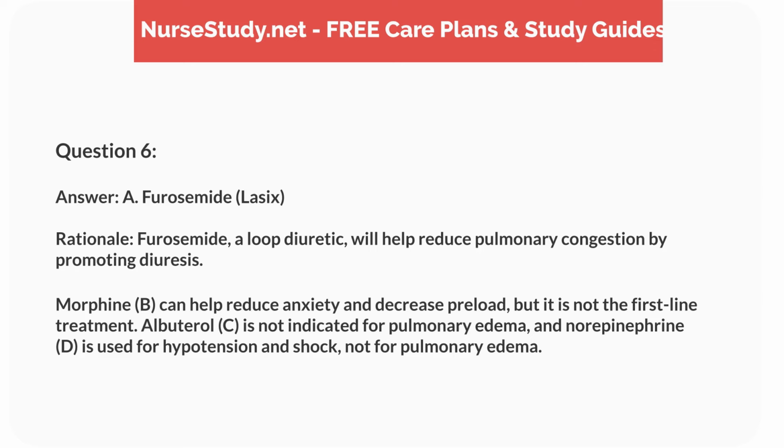Furosemide, Lasix. Rationale: furosemide, a loop diuretic, will help reduce pulmonary congestion by promoting diuresis. Morphine, B, can help reduce anxiety and decrease preload, but it is not the first-line treatment. Albuterol, C, is not indicated for pulmonary edema, and norepinephrine, D, is used for hypotension and shock, not for pulmonary